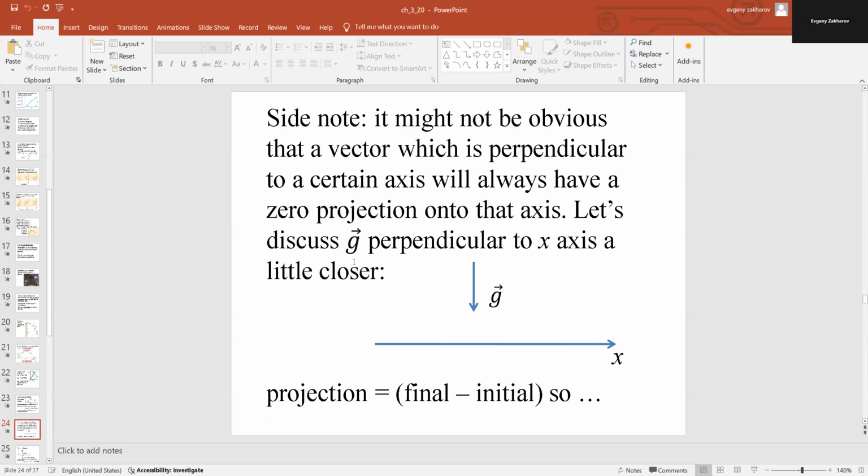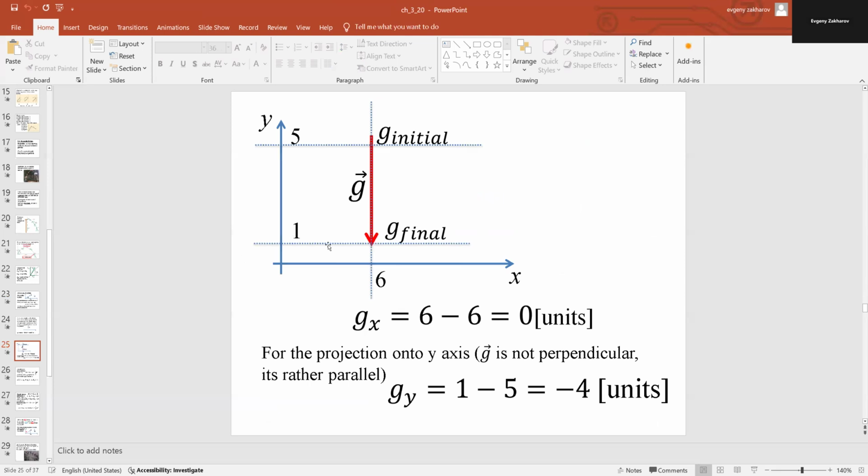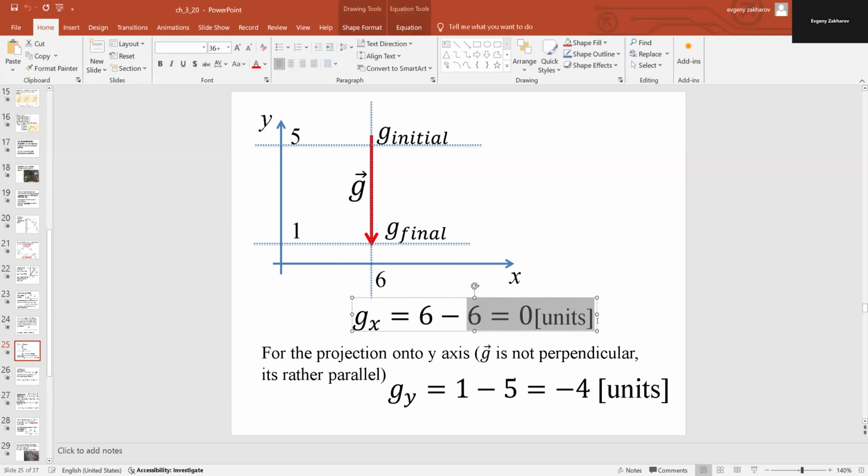Yeah, so if you discuss the idea of the vector being perpendicular, final takeaway initial, final is whatever is the value here, initial, same value, you get. Oh yeah, I even have the detailed initial, final. See how onto x-axis, your final is 6, initial also has value of 6, takeaway 6, 0 units. But onto y-axis, what do you see? You were at 5, now you're at 1. 1 takeaway 5, you get a